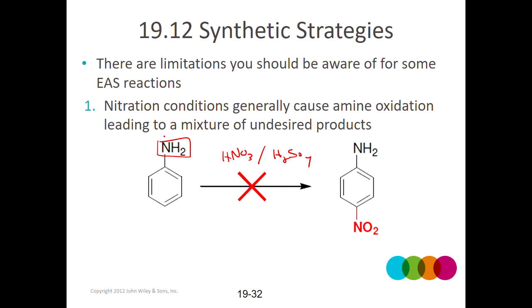So any group that's reactive toward a strong acid is going to react with that very readily under these conditions. So this nitrogen would end up picking up a proton from here or from here, and it would end up producing this,